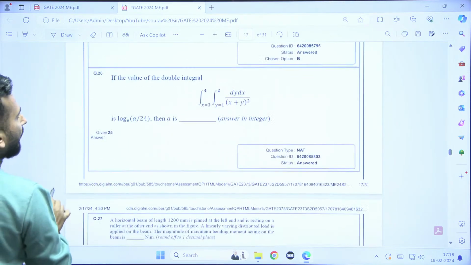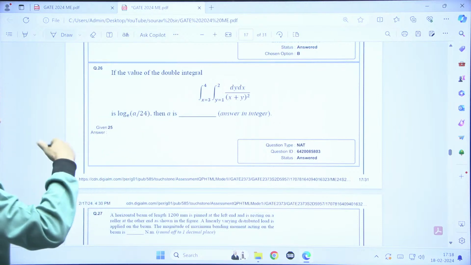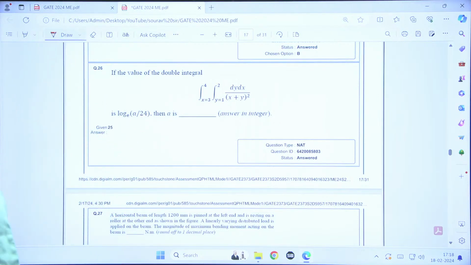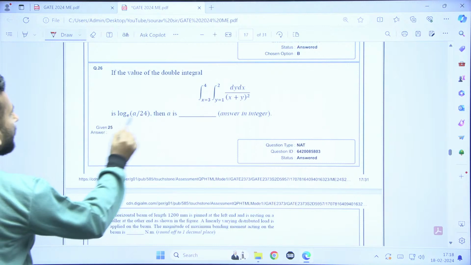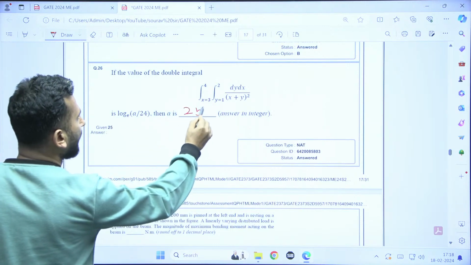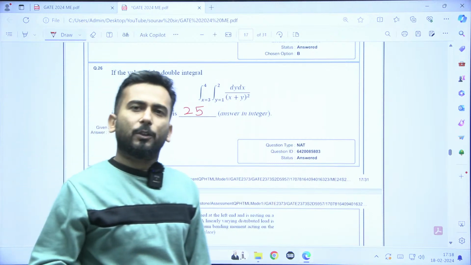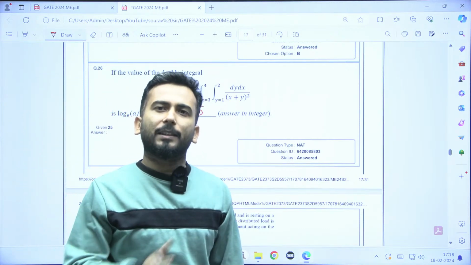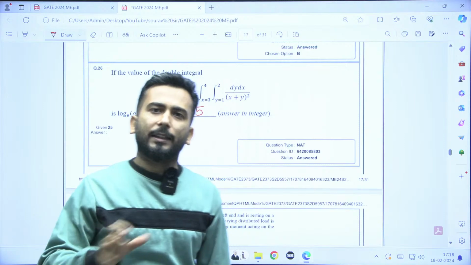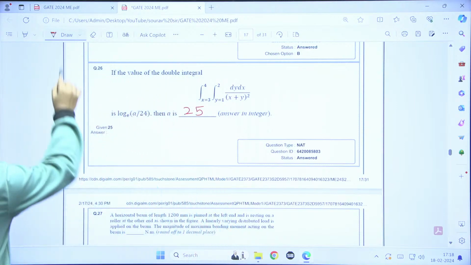Okay, the value, again double integrals here. You have got two questions. So again we have to solve this, and the answer for this 25 is 25, the correct answer for this double integration question. Everyone knows that if you are preparing maths, one question from double integral is bound to come. That is 100% sure shot. Okay.